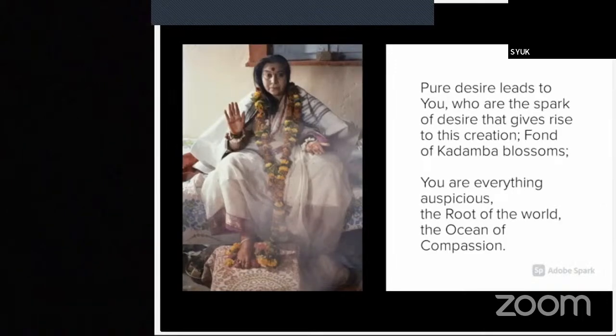Pure desire leads to you, who are the spark of desire that gives rise to this creation. Fond of Kadamba blossoms, you are everything auspicious, the root of the world, the ocean of compassion.